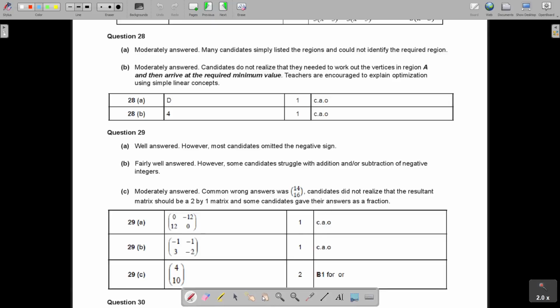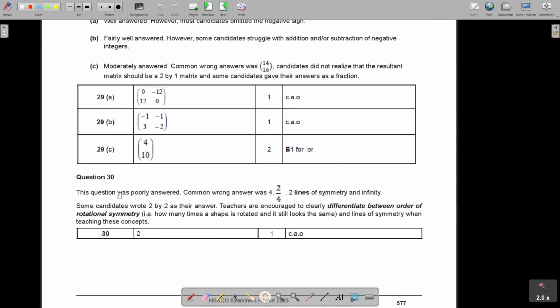Let's just go up, and this was example 30. The question was poorly answered. Common answers were 4, 2 lines of symmetry, and infinity. Some candidates wrote 2 by 2 in their answer. Teachers are encouraged to clear up the difference between order of rotational symmetry, how many times a shape is rotated and still looks